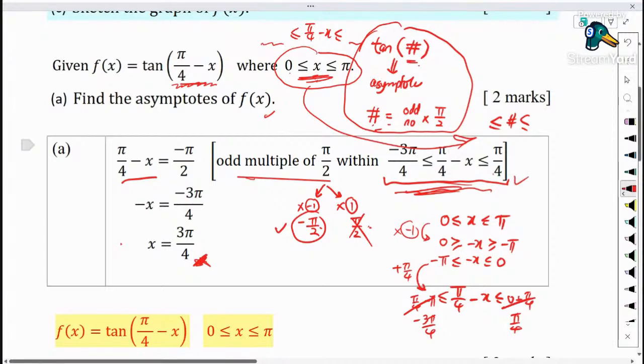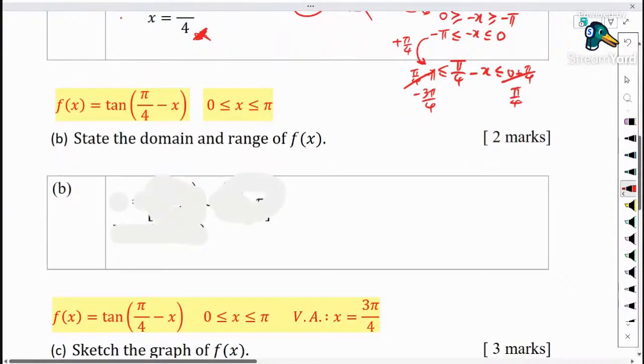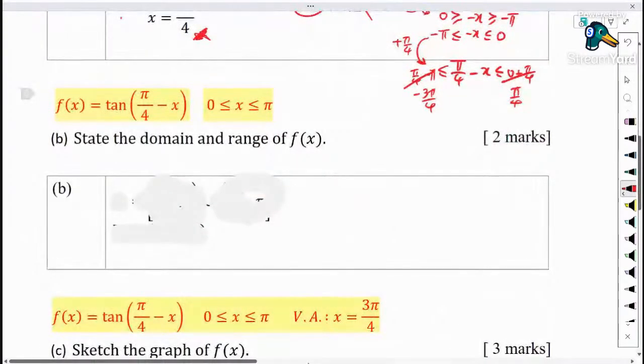Just a quick one. Next, I want to find the domain and range. For information, let us see how I get my answer for the domain and range in this case. For the interval from 0 until pi, as required in the question, we start with the domain. For the tangent graph, if you realize, we always have some shape like this in general, asymptote,